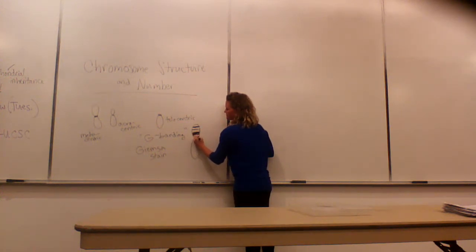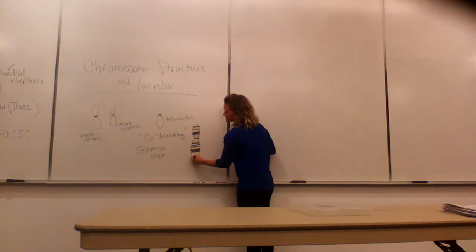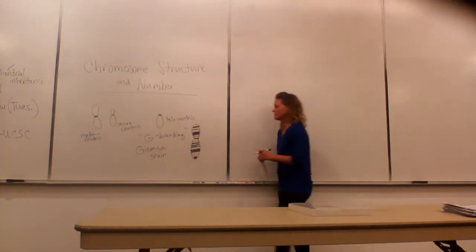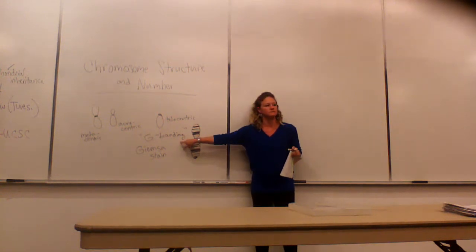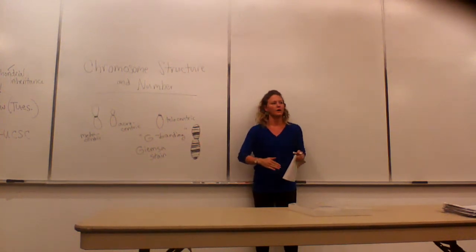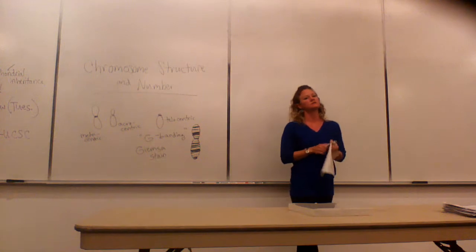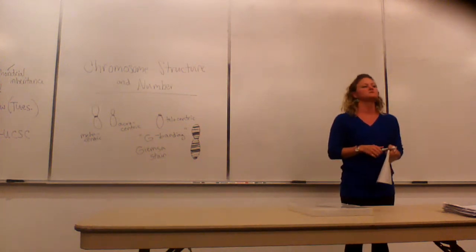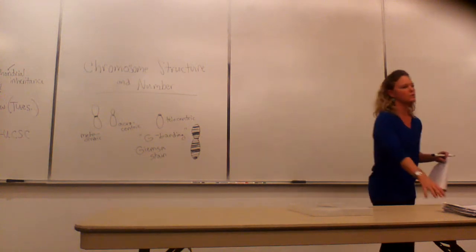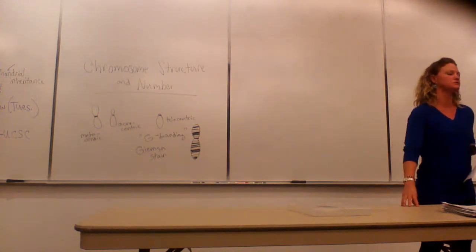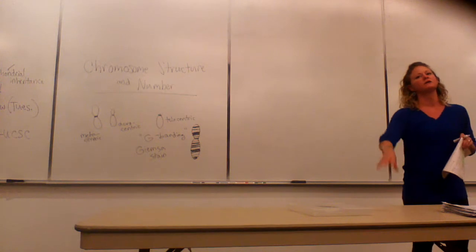running along the chromosome. I'm kind of just randomly picking sizes. And so you'll actually see light and dark areas going along this chromosome, and they make this band pattern. And it's just like a barcode. So this is unique for every chromosome that you have in your cells, and same with all other organisms. Your chromosome 1 looks very different from your chromosome 2, looks very different from your chromosome 3, et cetera, et